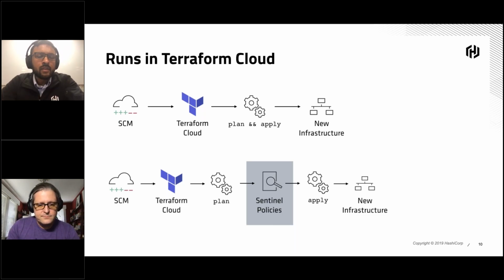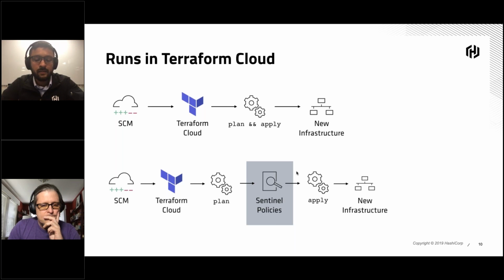So when you interact with Terraform Cloud or a private Terraform Enterprise server, you create what's called runs, right? And if you're familiar with the Terraform open source plan and apply concept, the plan and applies are captured within the context of a run, and then runs are sort of sequentially put into a queue as if you're doing concurrent runs within Terraform Cloud. Between the plan and apply stages, we can also apply Sentinel policy as code, where you can apply governance or